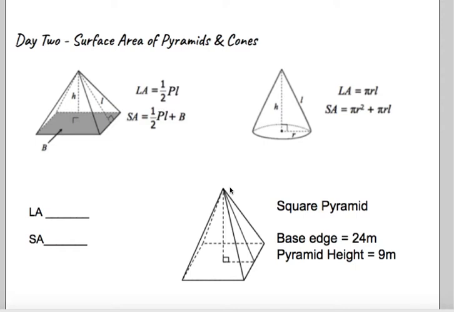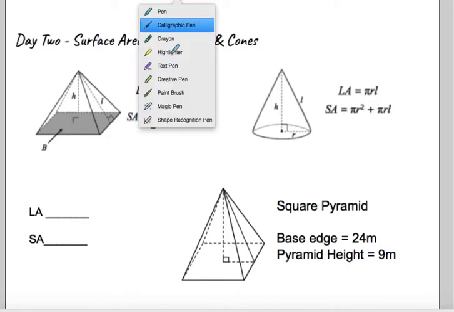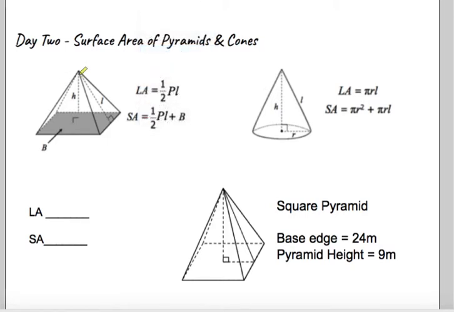We're going to be looking at the surface area of pyramids and cones. And we have a pyramid here on the left, and the formula for lateral area is 1/2 PL. L is the slant height, which we can see on this pyramid is the height of the triangular face of the pyramid. They call it slant height, the height of the slanted face there, and they use L to